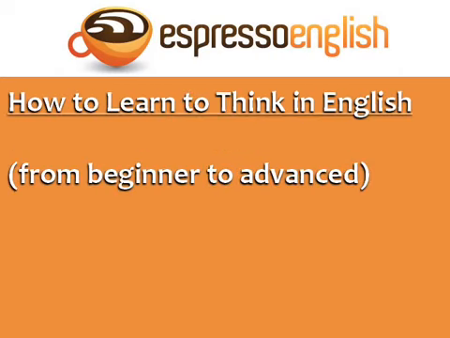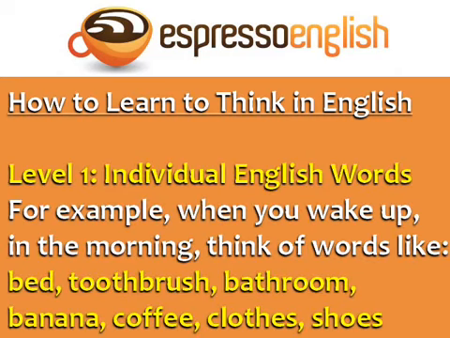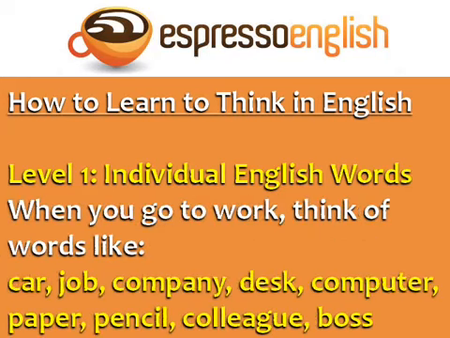So, here is how you can learn to think in English from the beginner level to advanced. Level 1 is thinking in individual English words. For example, when you wake up in the morning, think of words like bed, toothbrush, bathroom, eat, banana, coffee, clothes, and shoes. Then, when you go to work, think of words like car, job, company, desk, computer, paper, pencil, colleague,